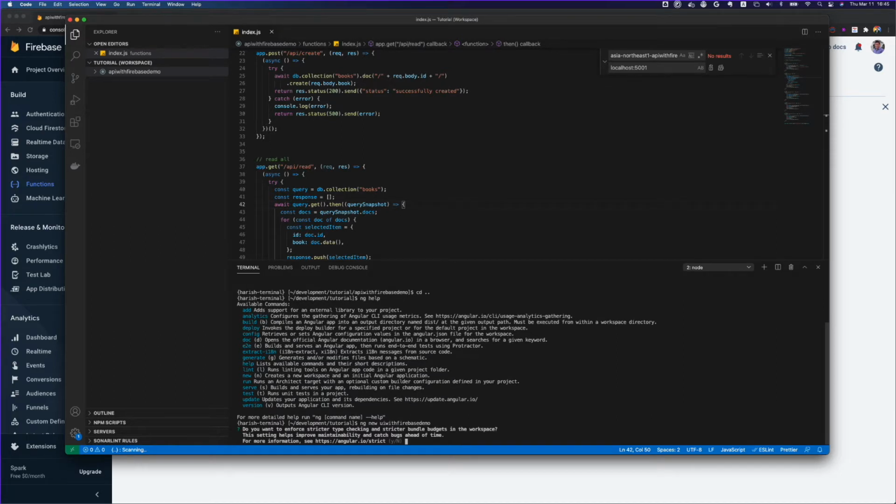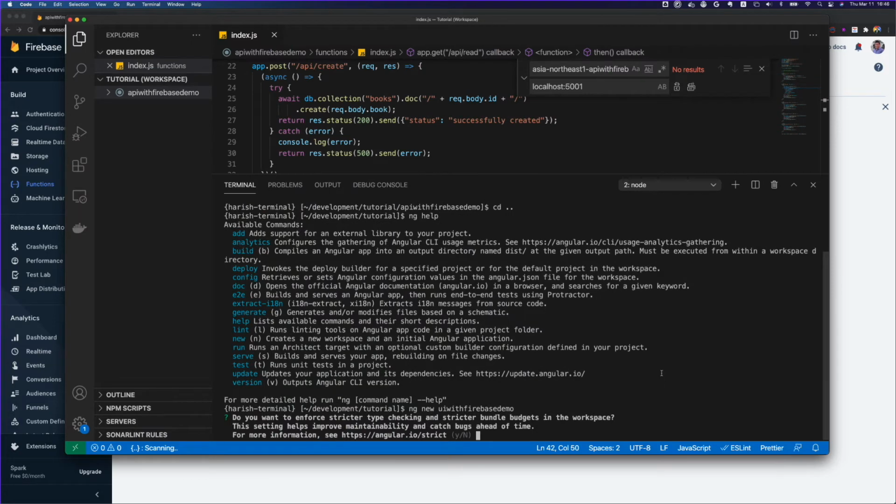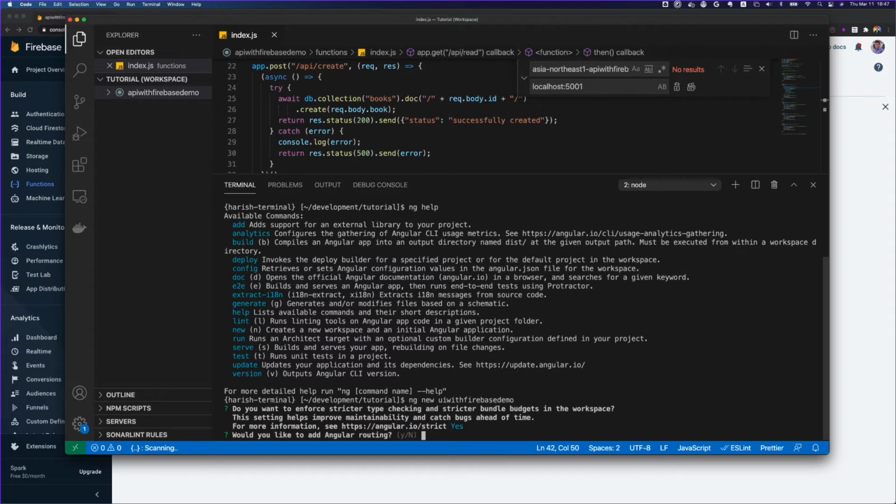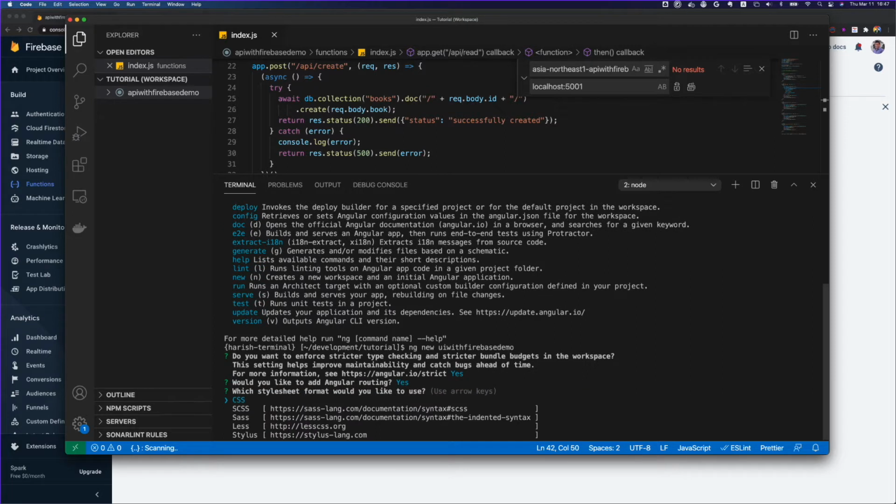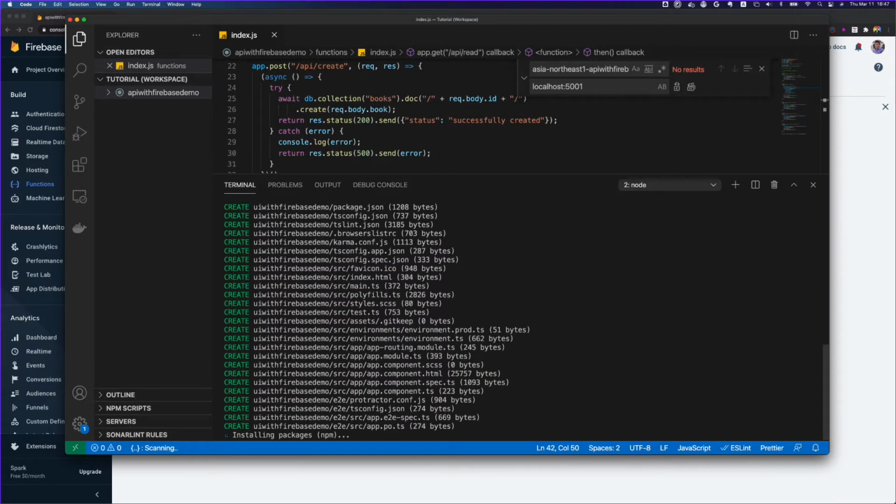Let's run this command. It's going to ask you a bunch of information. I did a little bit of zooming, because in the last tutorial many people said the text was small and difficult to read. As I ran ng new with the project name, it's asking some questions. Would you like to have Angular routing? I'm going to say yes. Do you want to use CSS or SCSS? I'm going to use SCSS, but it's your choice.